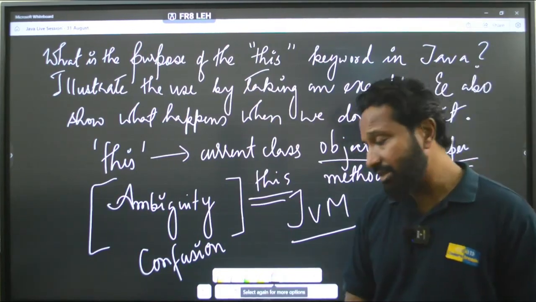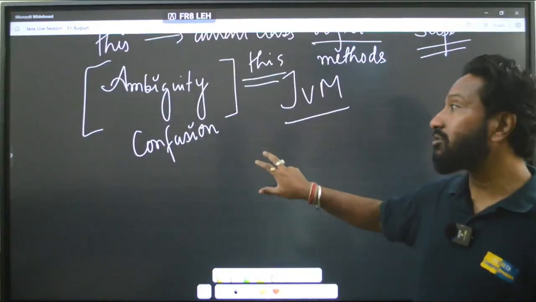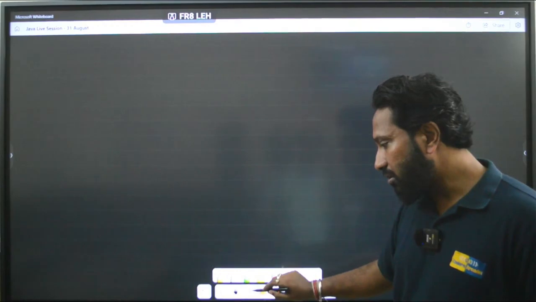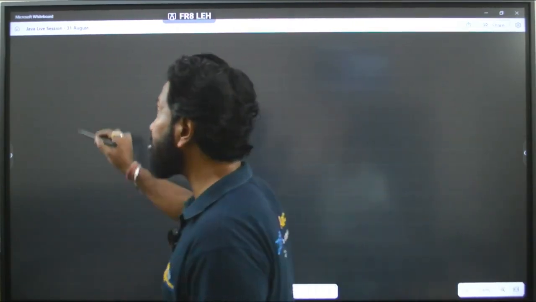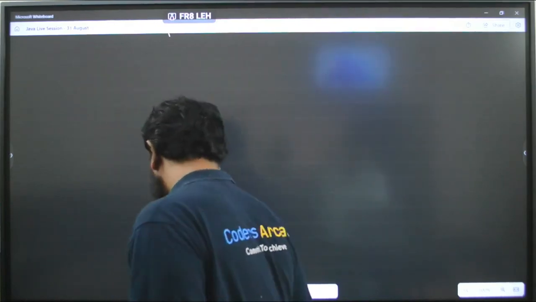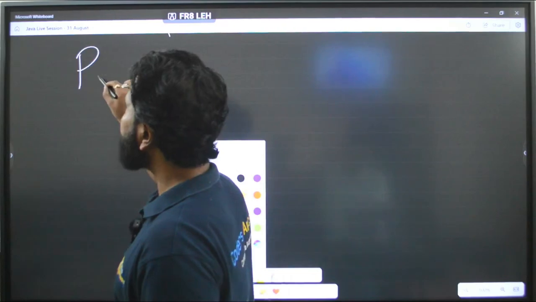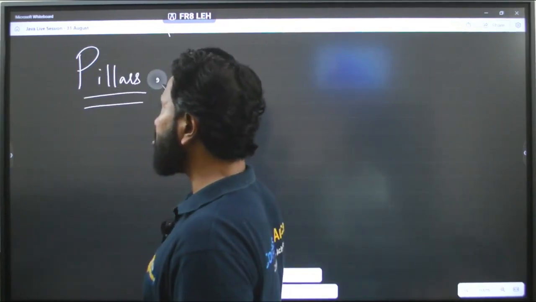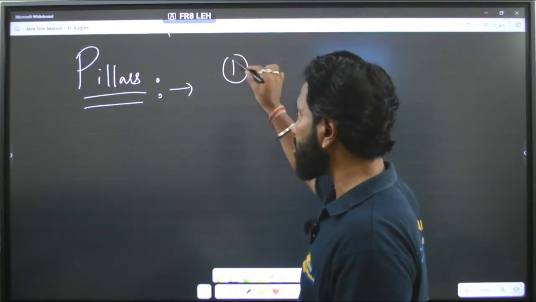Okay, so guys, I hope you have liked this session and you have understood what is going on. In the next session, we will go on to the advanced concepts and then we will be starting on with the pillars. All the 4 pillars will be starting. In Java, you should be always starting with this.